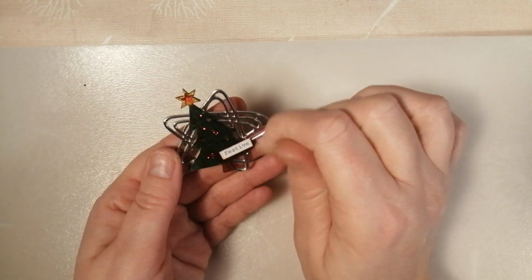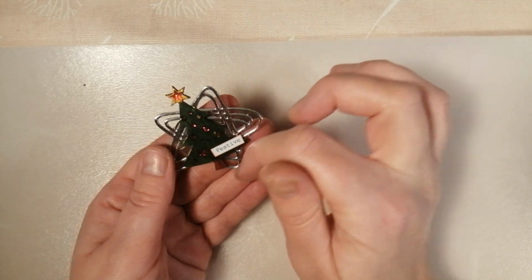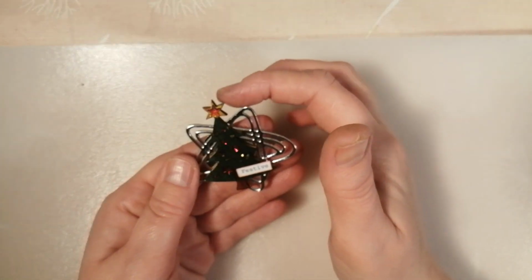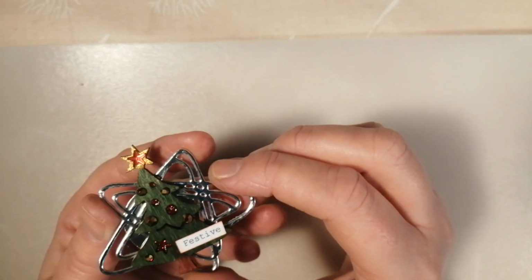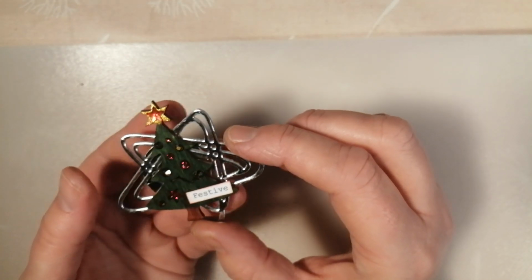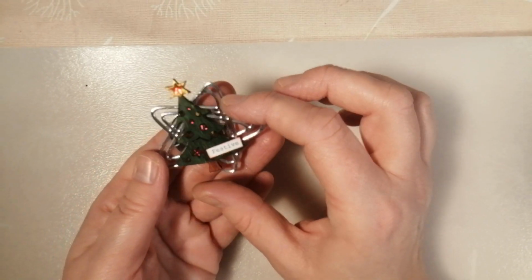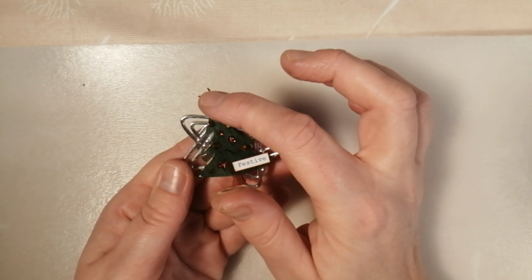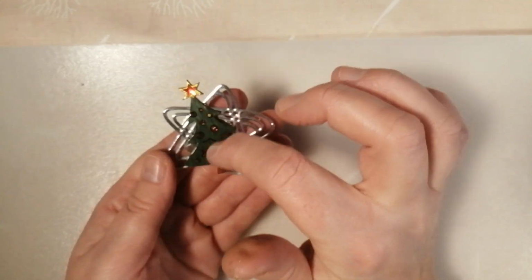And I've coloured it in with some alcohol markers, so green obviously for the tree, a little bit of brown for the trunk down the bottom there, and then I coloured the top in a goldeny sort of yellow colour, and then I've gone over that with a bit of sparkly gold gel pen, and then I have put a sparkly red flatback over the top of that,